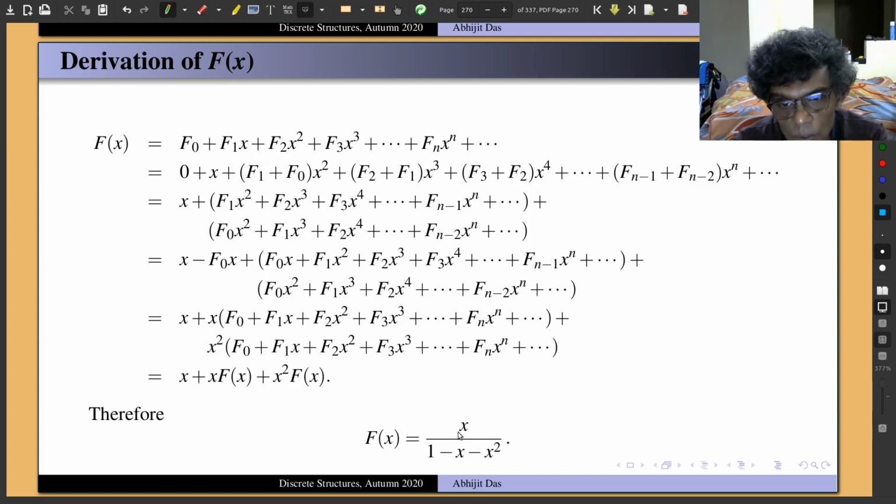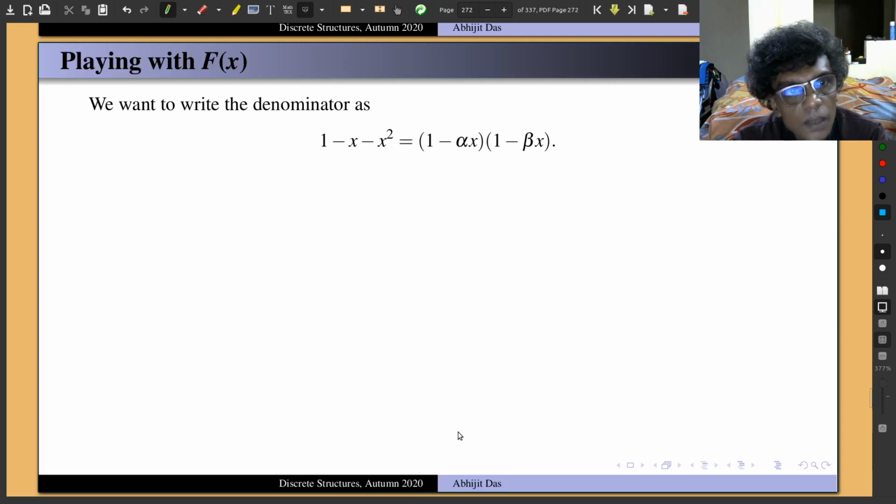So I would like to write the denominator in the form 1 minus alpha x, 1 minus beta x, instead of x minus alpha, x minus beta. It's not good. This form is better for power series expansion. We have seen already several examples of this type of denominators. So I essentially have to solve a quadratic equation, but that involves the opposite of this polynomial, that is